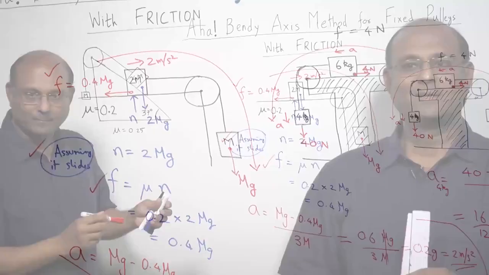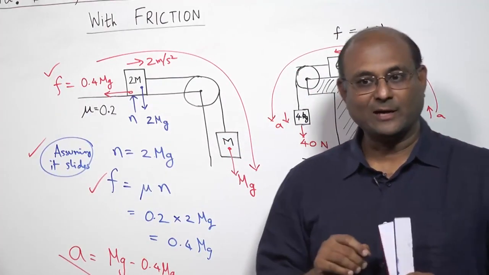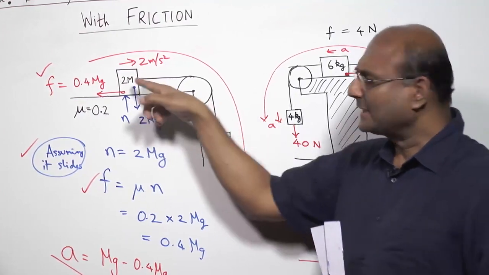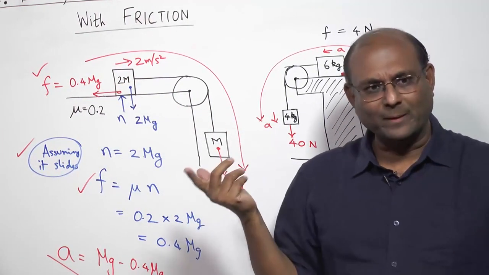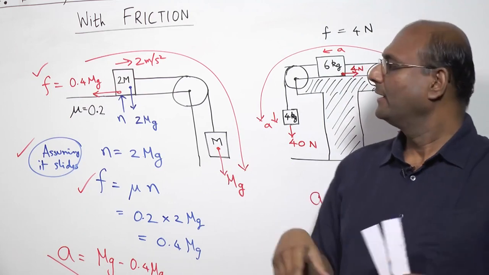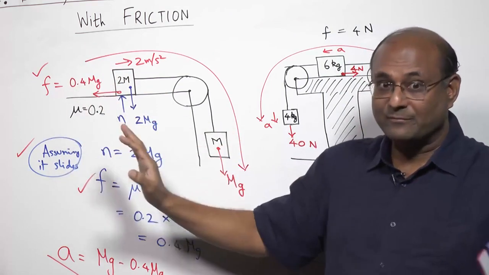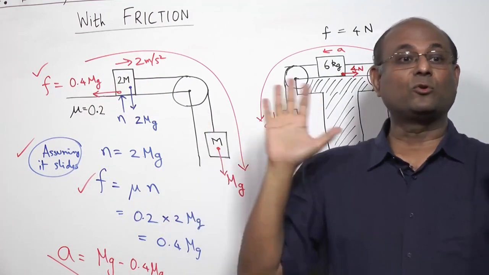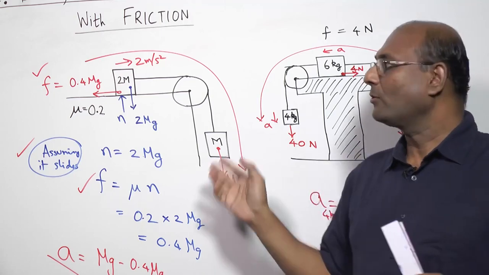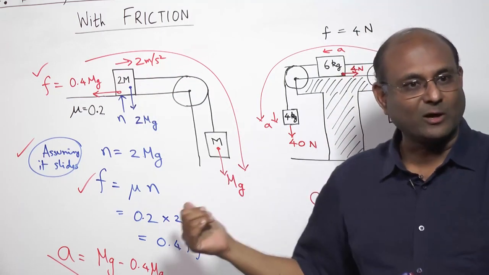Is that hopefully clear? Now a lot of people have a doubt, saying this is m, that is 2m. How can m pull 2m? But actually if this was absolutely frictionless, m will definitely pull 2m. Why do you think you can't have a bigger block being moved by a smaller block?